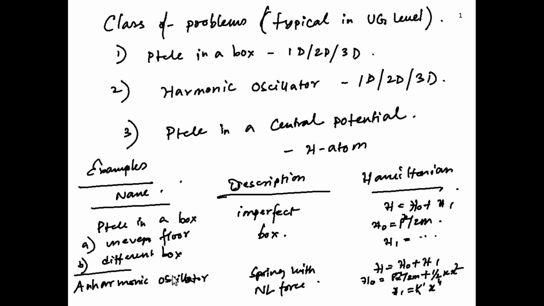Another type you will see in various books and exercises is the anharmonic oscillator. You have solved the anharmonic oscillator in classical mechanics. Here it's the same thing: you have a mass-spring system where the spring is nonlinear. So the H0 is simply p_x squared by 2m plus half k x squared, the harmonic oscillator, plus H1, which is some nonlinear term. This is a famous problem actually. There are hundreds of papers written on that.